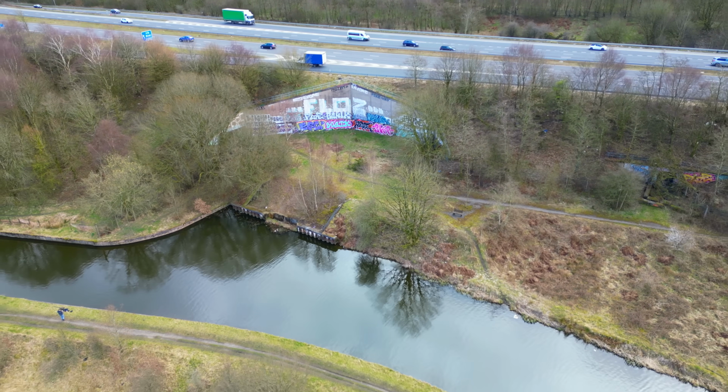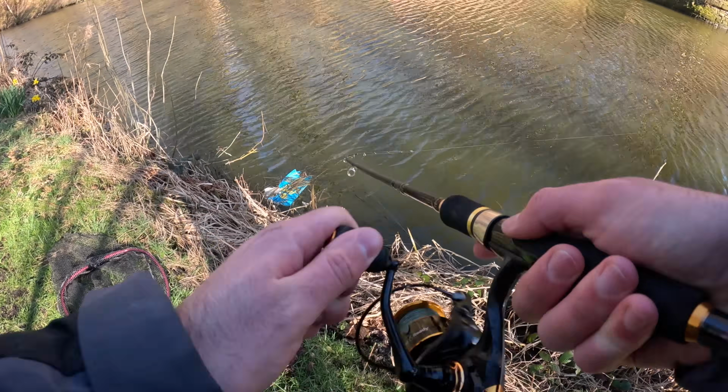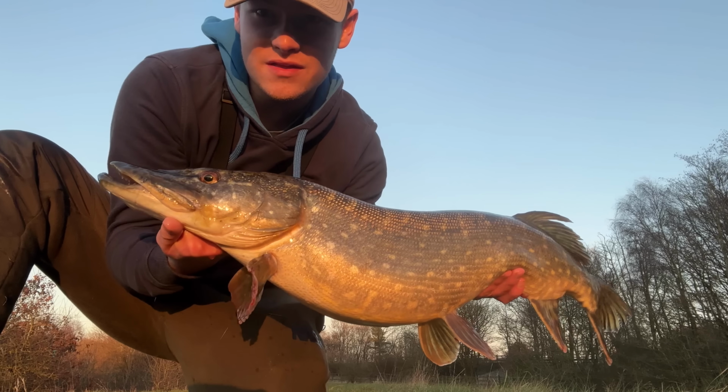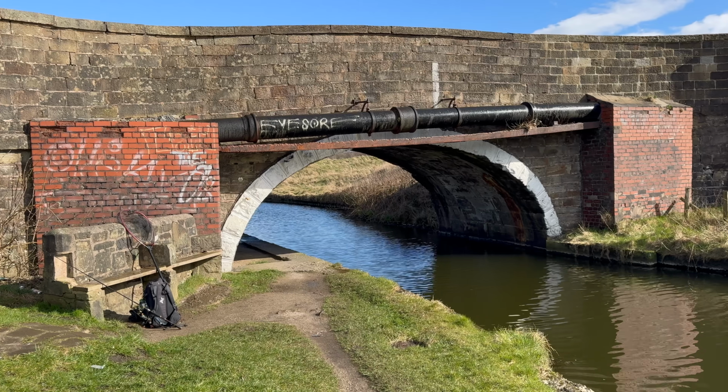I have just bought a canal and today I am going to be fishing it and exploring it for the very first time. Fish on, yes, come on. That is beautiful. Now, one of the main things that attracted me towards this canal was the sheer amount of